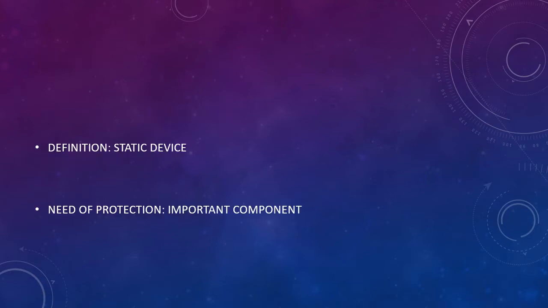So first of all, let us know what is meant by a transformer, or how we can define the transformer. A transformer is a static device which can be used to transfer electrical energy or electrical power from one circuit to another circuit through the process of electromagnetic induction. So simply we can define the transformer as a static device which works on the principle of electromagnetic induction. So here the point is why the transformer is called a static device.